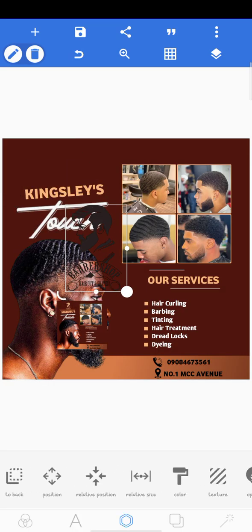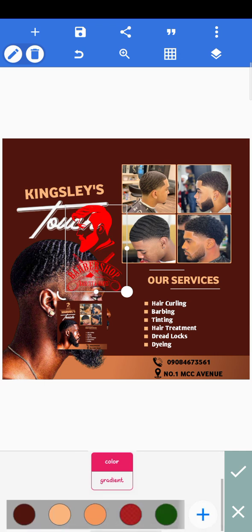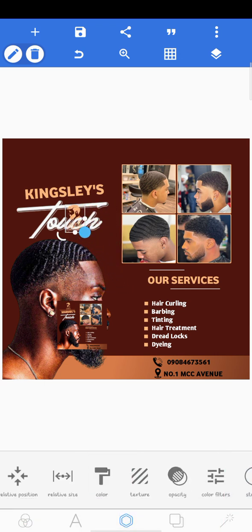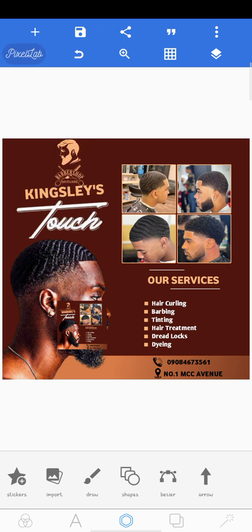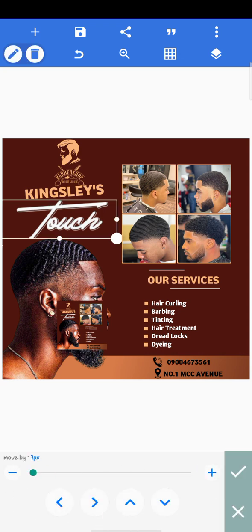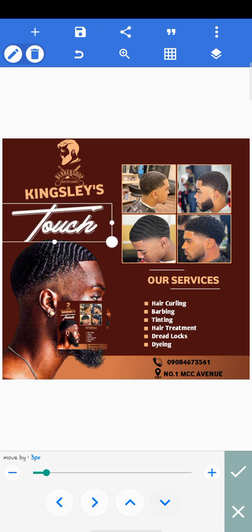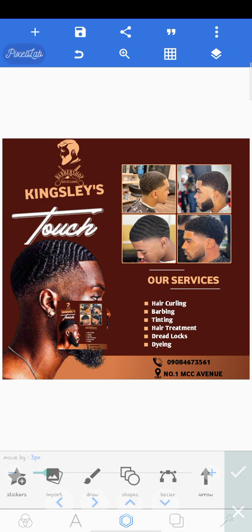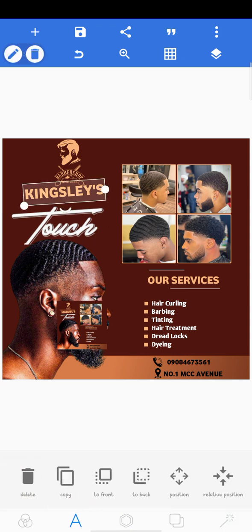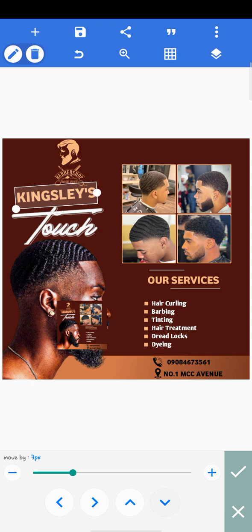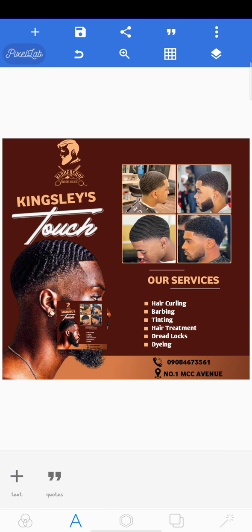So I'll be giving it a color, this color. But right now, you can see that stuff right there. It's really going to take a lot of time though. It's really going to take a lot of time here. So now,